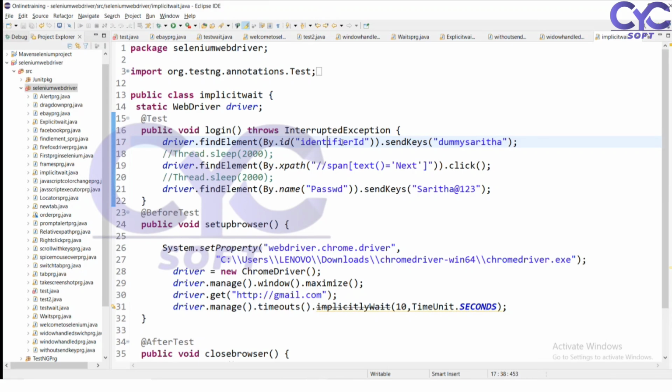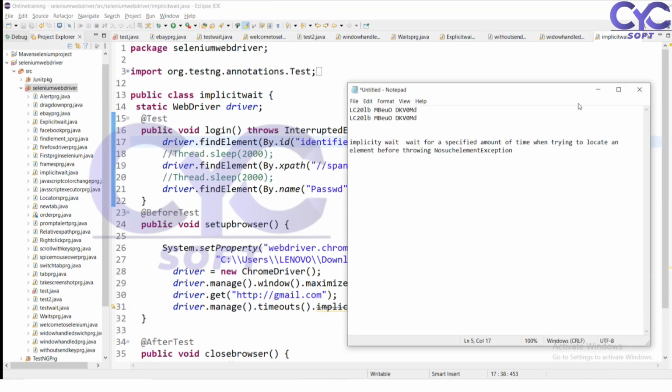So we have another wait called an explicit wait. In explicit wait, we have two types of wait: WebDriver wait and Fluent wait. So first, what is the WebDriver wait? WebDriver, sorry,